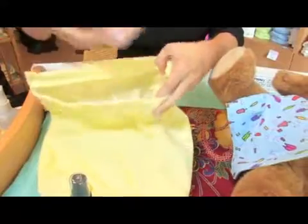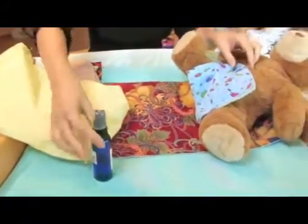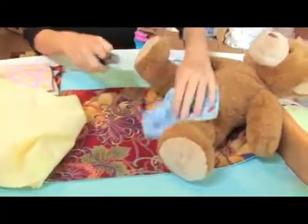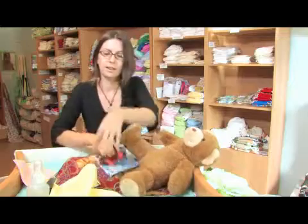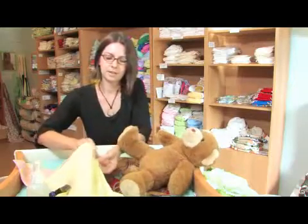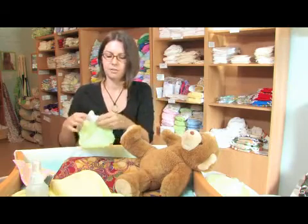Then you have a wipey solution with your cloth wipes if you're using cloth wipes. Spray right on the baby's skin. Clean up. Add to your wet bag. Zipper closed. And then if you have another all-in-one diaper,